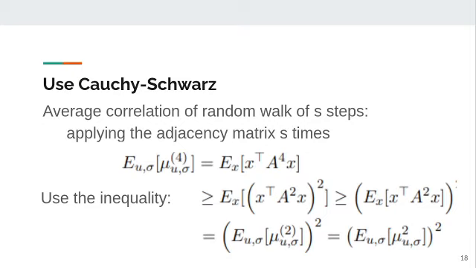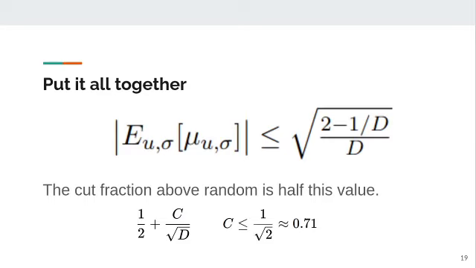And so putting all this together, you're able to bound the expected correlation of a 1-step random walk, which is just distance 1, just looking at neighbors, and the cut fraction is exactly related to this value. This 2 over square root d becomes, the c becomes 1 over square root 2. So hopefully this was an overview of how you can use correlations of random walks to bound things about local algorithms. Because when you're very close, that's the value you're seeking, and when you're very far, the correlation's 0.